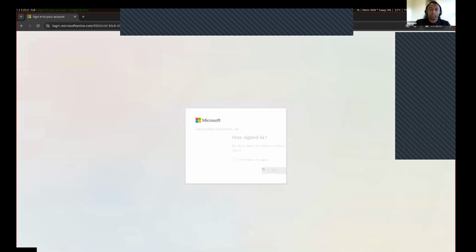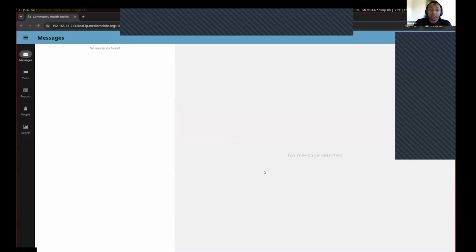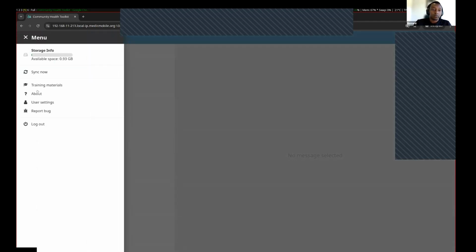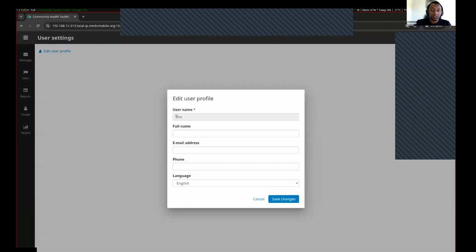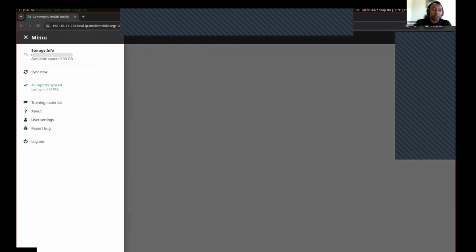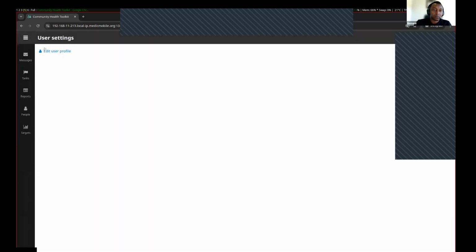And I expect that once I'm logged into Entra, the system should automatically log me into the CHT. And you'll notice if you go to my user settings, I am logged in as Lynn, the user that we just created. Maybe one other thing to note is that this is available in CHT 4.20. From here, we might not be able to see that, but